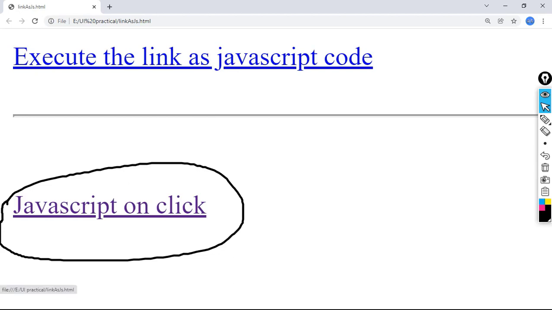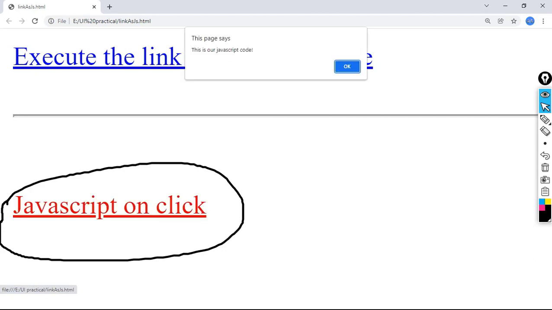As soon as I click on the JavaScript on click link, it will become red and our JavaScript code will execute. 3 2 1, click. See, our JavaScript code got executed.